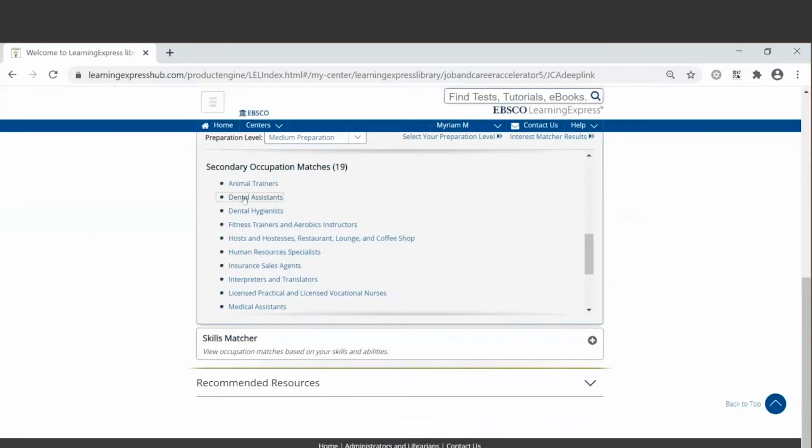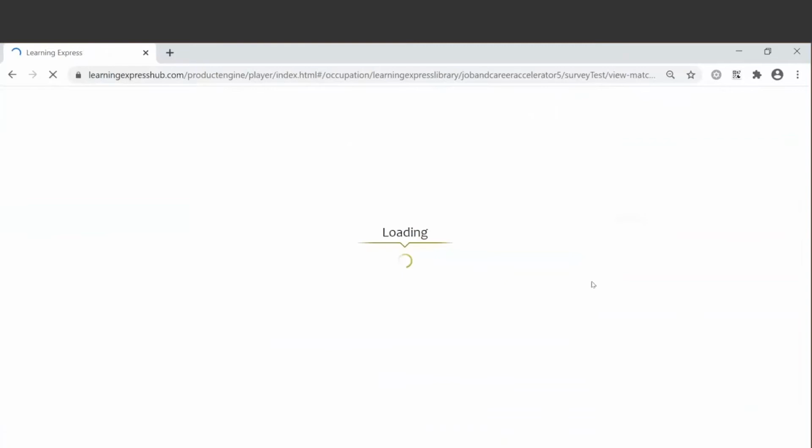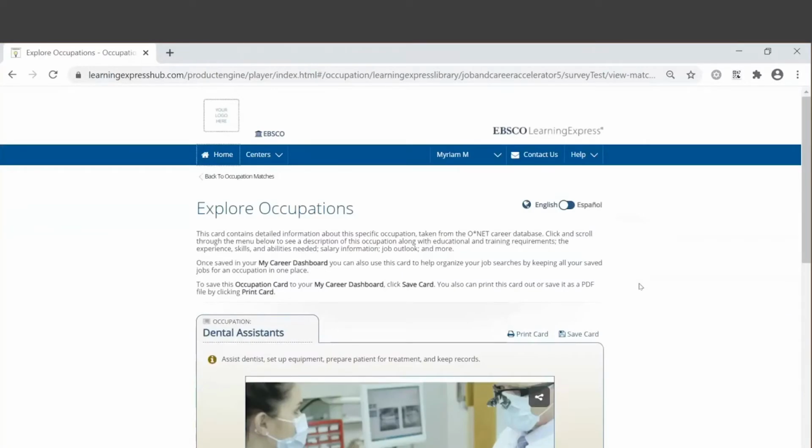They can click on it, and once they do so, they will be directed to, again, our occupation card, where they will get all of the information needed to begin to not only learn about the occupation, but also to begin preparing for it if this is something that they are interested in going into.